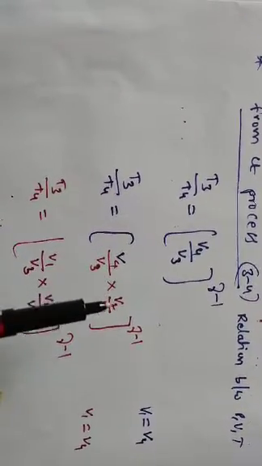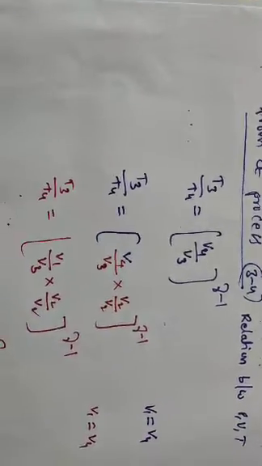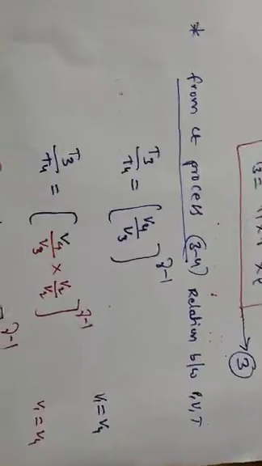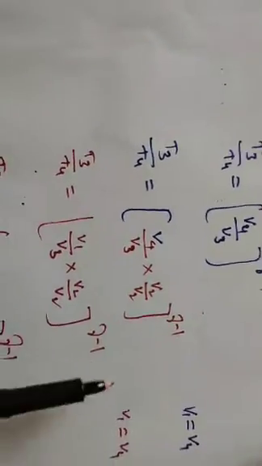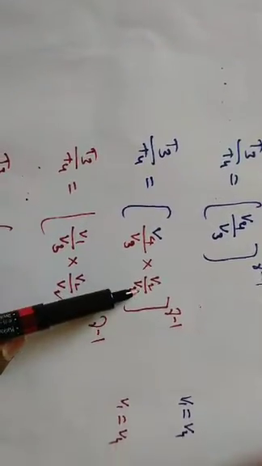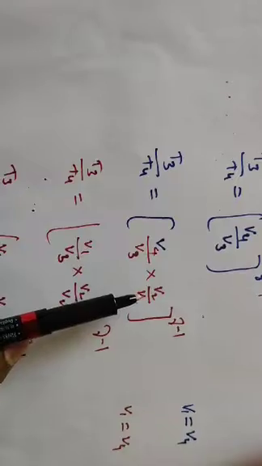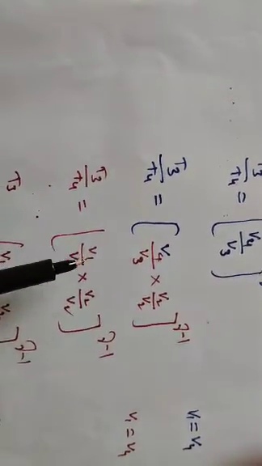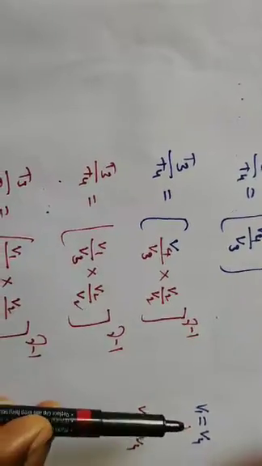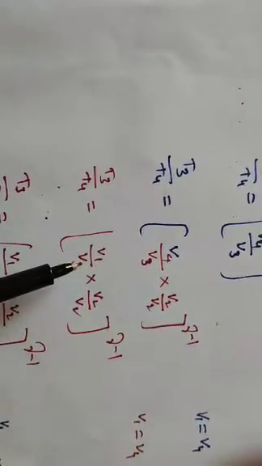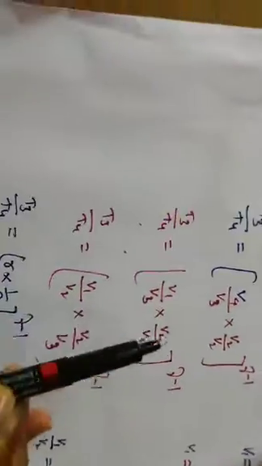We are multiplying and dividing with V2 by V2. See here, there is no change in the equation. So this equation I am writing: V4 is nothing but V1, so T3 by T4 is equal to V1 by V3 into V2 by V2, raised to the power of gamma minus 1.